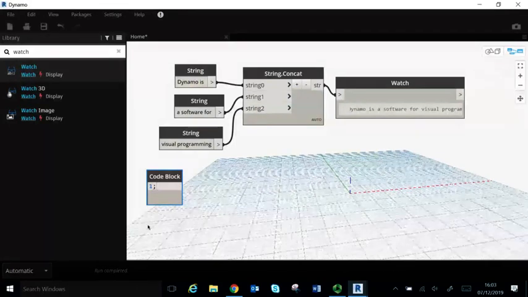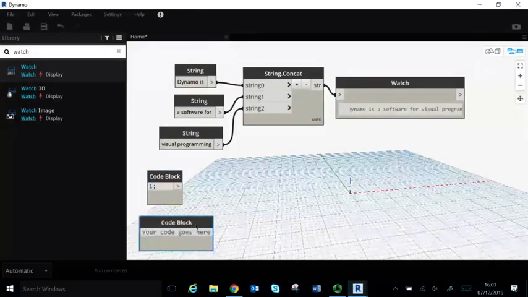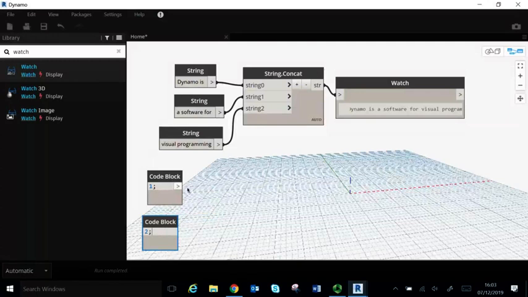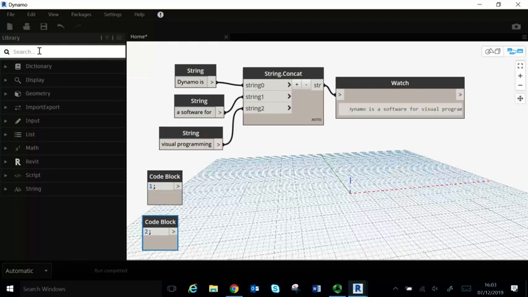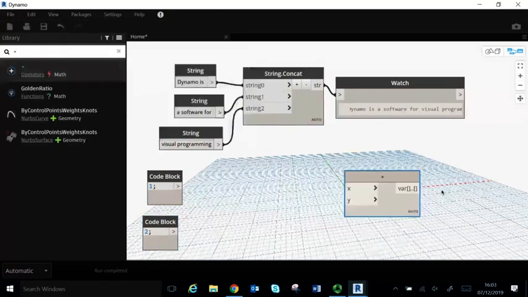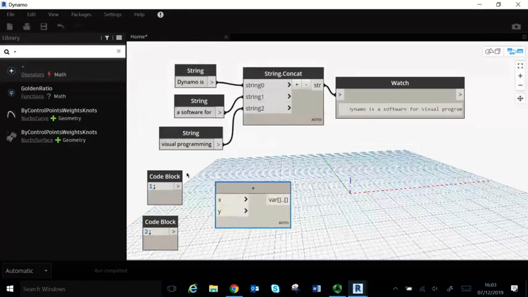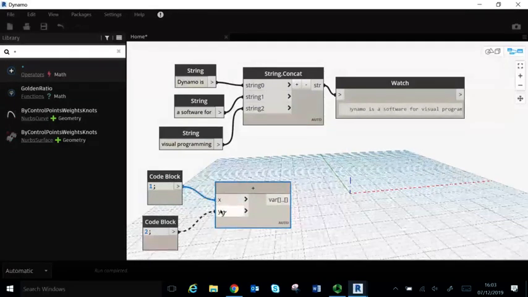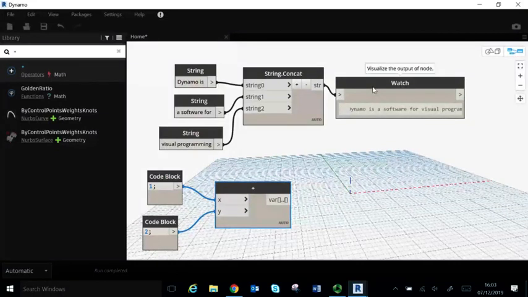So I can put in the first node code block number 1, in another number 2, and then I can look for plus. Plus, it's in operators. So plus, so if I feed here 1 and 2,